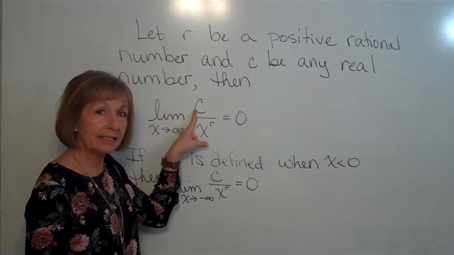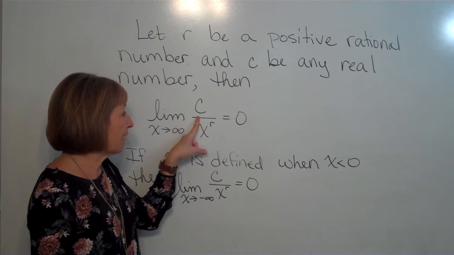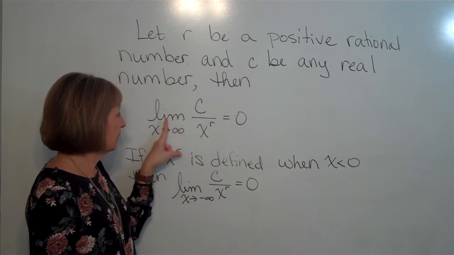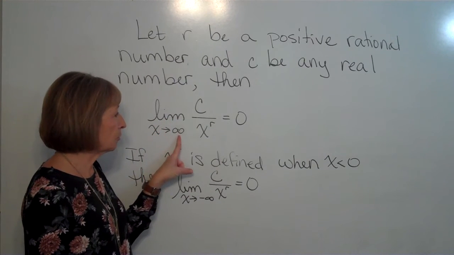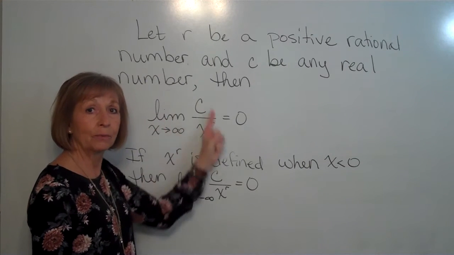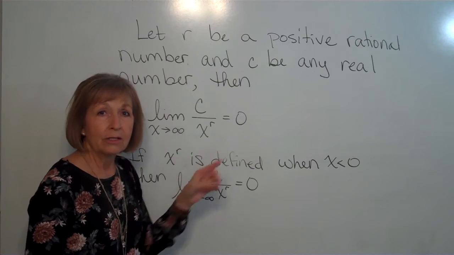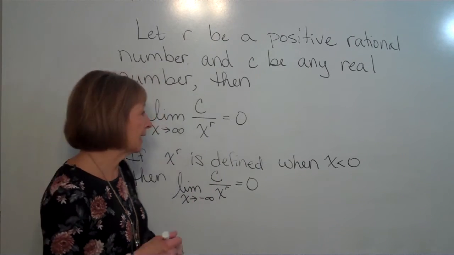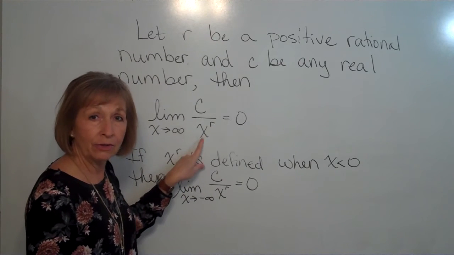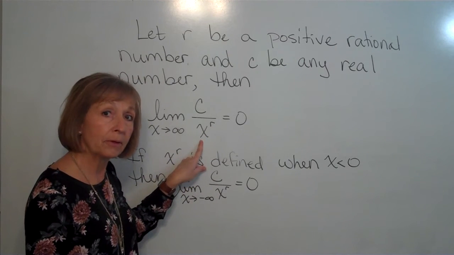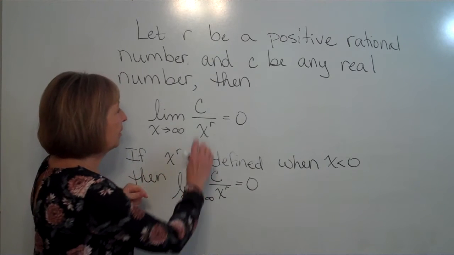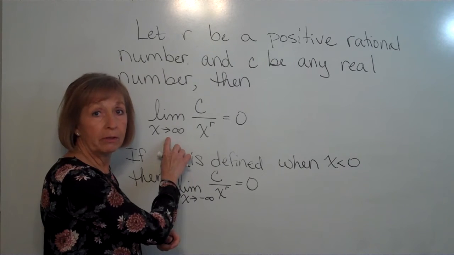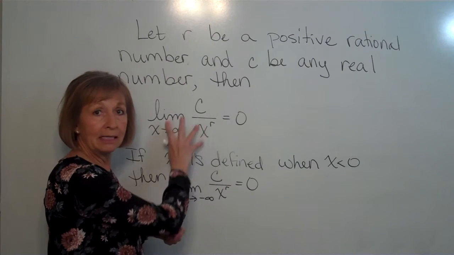Then a fixed constant numerator divided by x to a positive rational power, limit as x approaches positive infinity, that will go to 0. So here you think about your numerator being fixed and your denominator, if that power on your x is a positive rational number, then you're going to have a fixed numerator divided by a denominator that gets bigger and bigger and bigger,